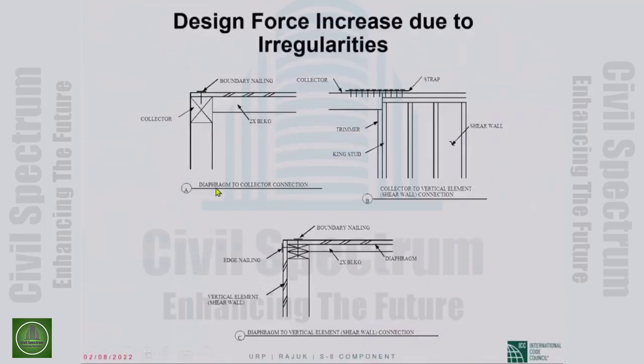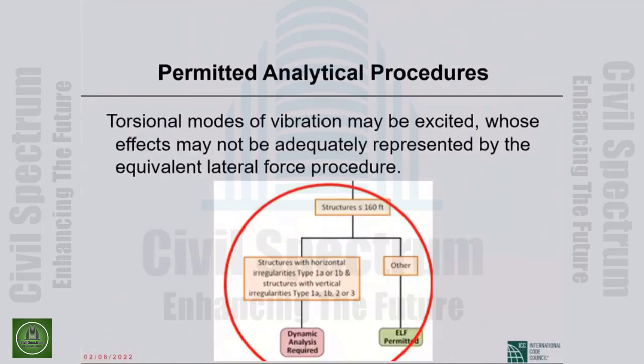So A is diaphragm to collector connection, as shown in the picture. Okay, this is the collector, this is the diaphragm. The design forces have to be increased 25%. This is the collector to shear wall connection. So this connection, the forces have to be increased 25%. And this is the diaphragm to shear wall connection. This is the shear wall, this is the diaphragm. This connection has to be designed for 25% higher forces. Okay,